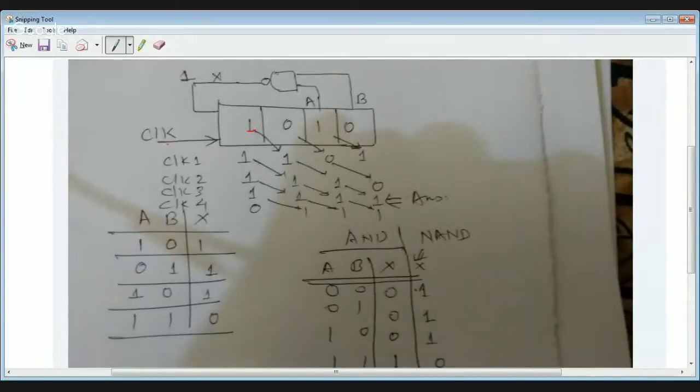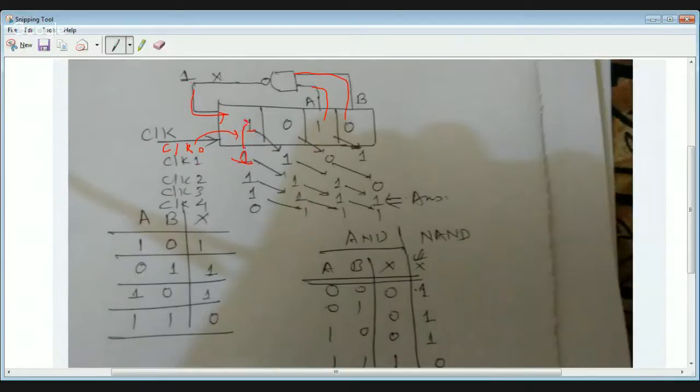So if I write here clock pulse 0, then the data at clock pulse 0 is 1010. And after the application of clock 1, the first clock pulse, what will it be? This one will go here and this 0 will go here, and the output of this will be 1. And in the first clock pulse, this one will go inside, and this one will push